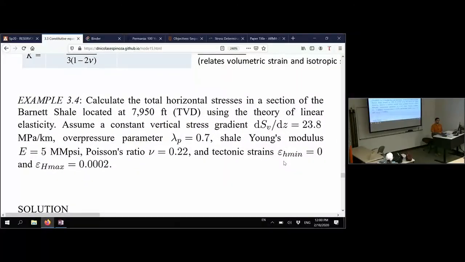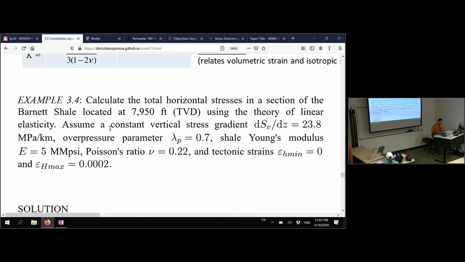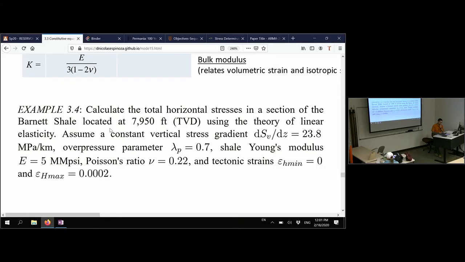All right, so I think we do have time for, while I build this example, let's work on this example. Example 3-4. Your objective is to calculate the horizontal stress in the Barnett shale using the equations that we just saw, knowing that this is your vertical stress, you know what your depth is. Probably it would be a good idea to convert this to psi per foot. You know what the pore pressure is